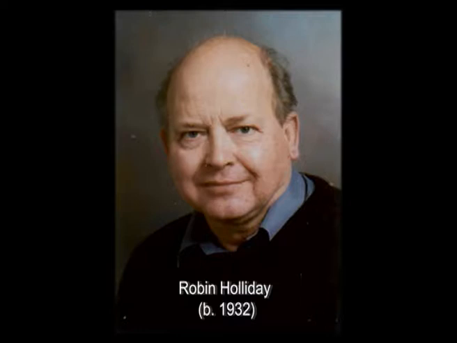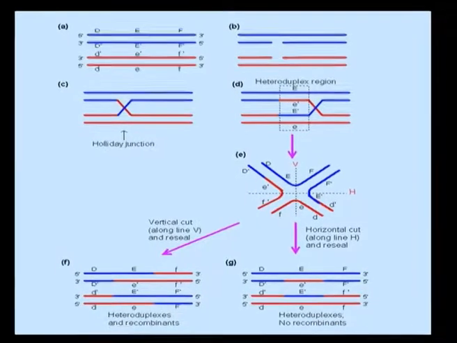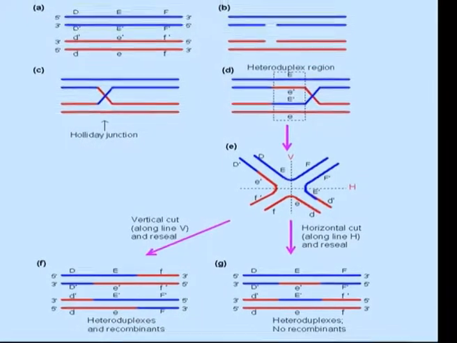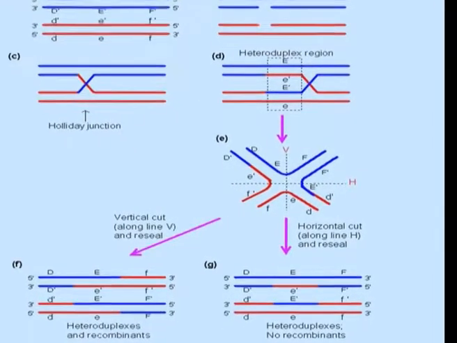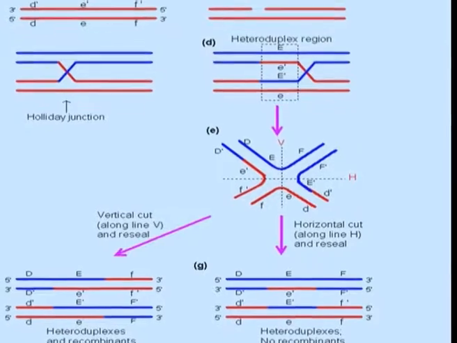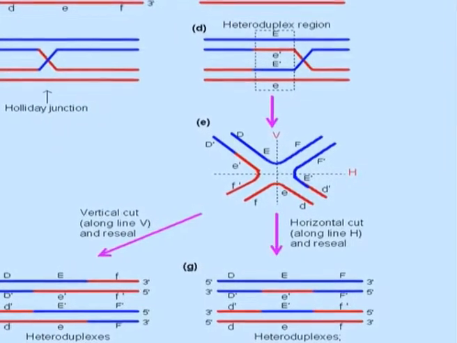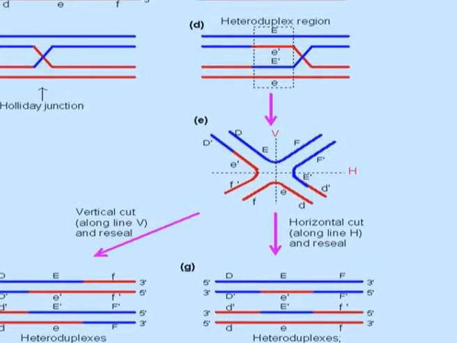In the year 1964, a famous discovery was made by Holliday, which explained how chromosomes get exchanged during crossing over. In this recombination model, you can see how they get recombined at the time of crossing over, and it explains two things. One is the exchange of chromosome fragments helping in evolution, and at the same time it also explains how the gametes are different from each other. The model is called the Holliday model after the name of the discoverer.